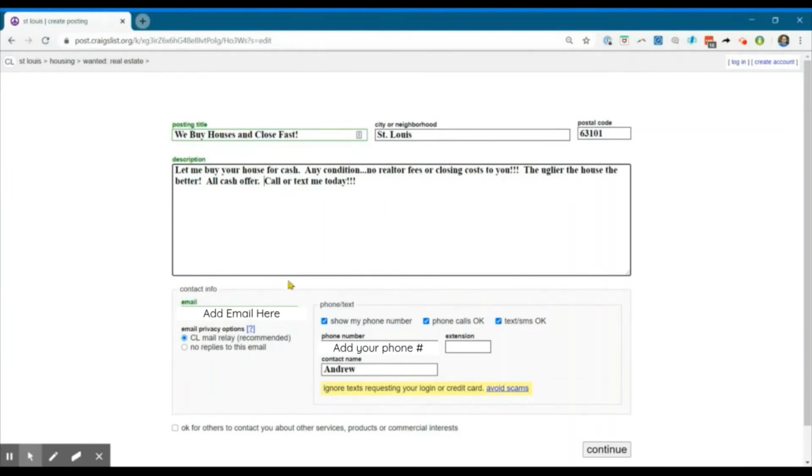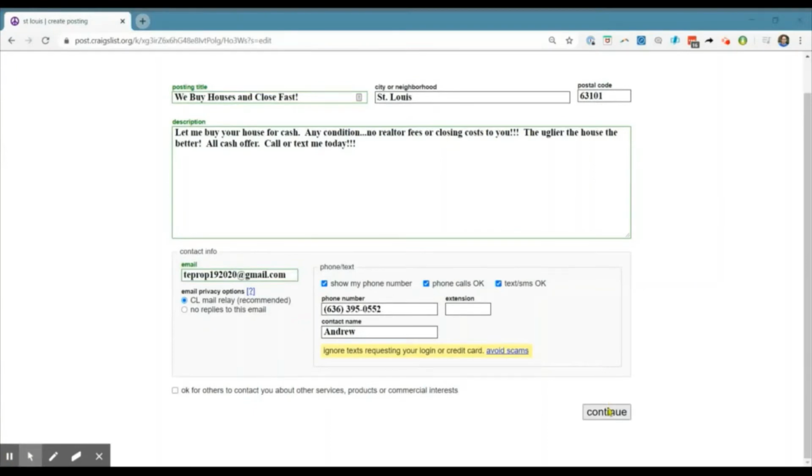So I've got the email and phone number, make sure it's selected to show my phone number to them, and they can call you, they can text you, and the name there. So you can hit continue now,